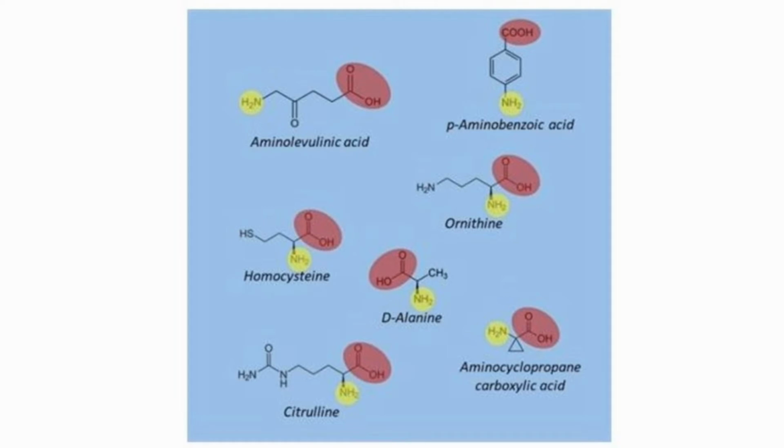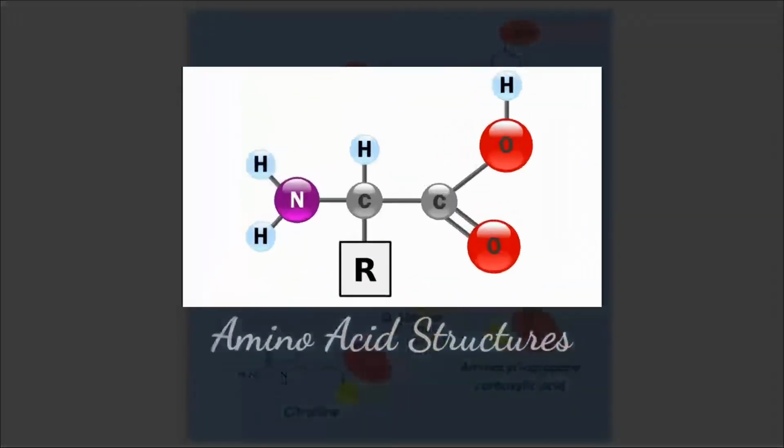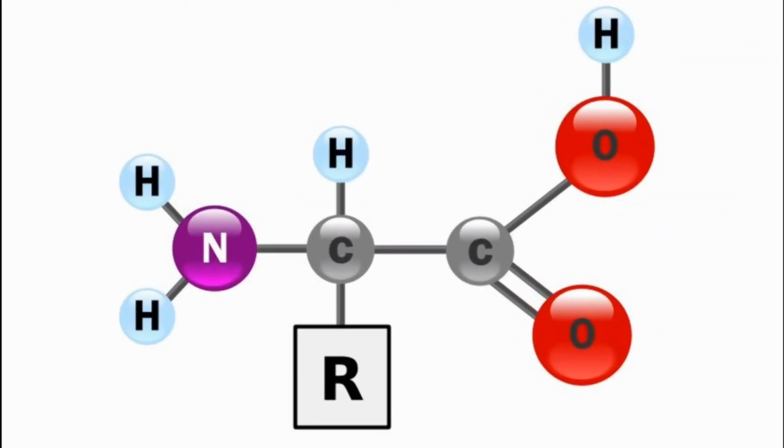With that out of the way, we can now dig deeper into the building blocks of proteins, which are amino acids. So what we can now see here is a typical structure of an amino acid. We can easily see some of the elements within this acid, such as oxygen, hydrogen, carbon, and nitrogen. Then, bonded to the carbon atom in the center is this R. You may be confused as to what that is because none of the elements on the periodic table of elements have a symbol of just R. That's because this is not an element. The R refers to sort of a placeholder for a side chain,